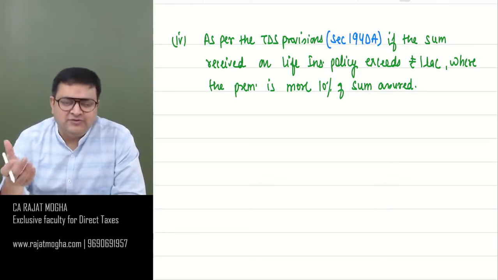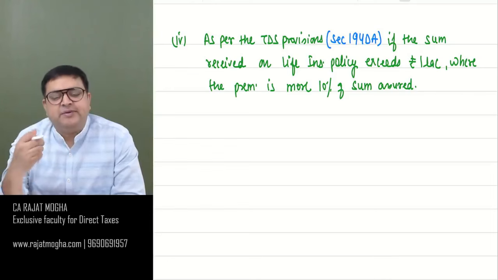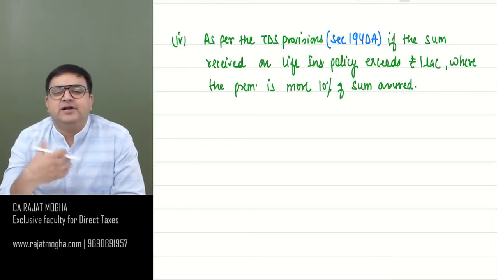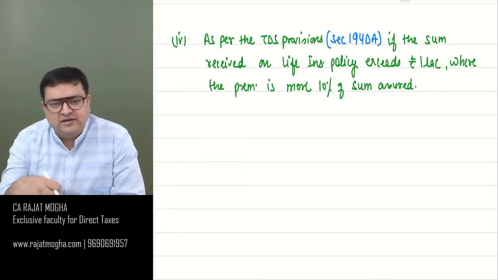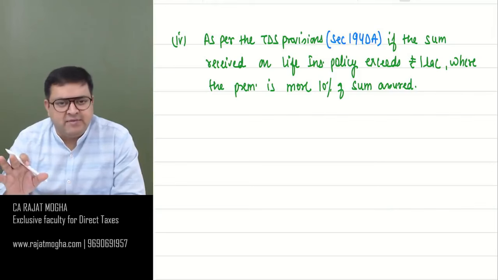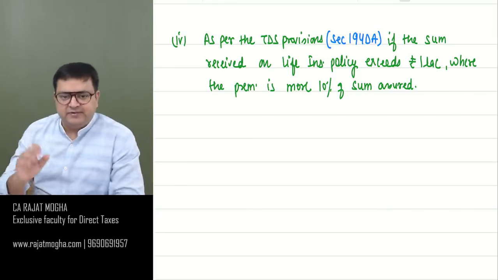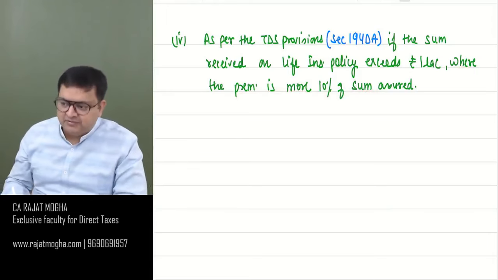You can use it still, but I would not suggest. Instead, use this: that the annual premium is more than 10%, 15%, 20%, as the case may be, right? So here, in this case, it is 10%. So I'll not refer to 15 and 20 in my solution. Simple 10%. So where the premium is more than 10% of the sum assured,